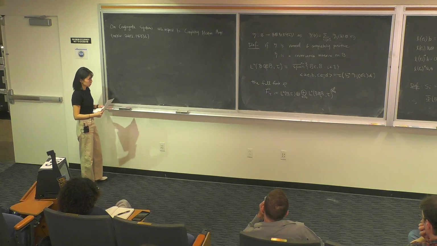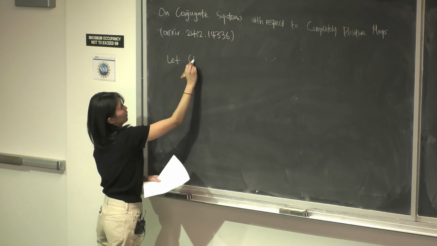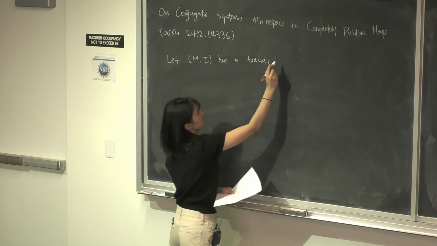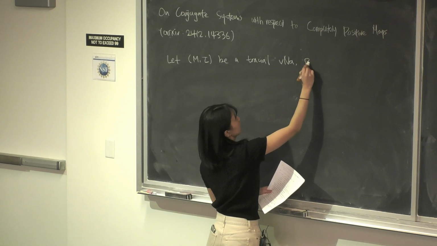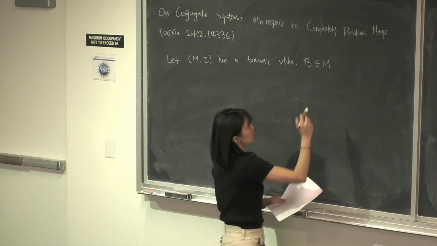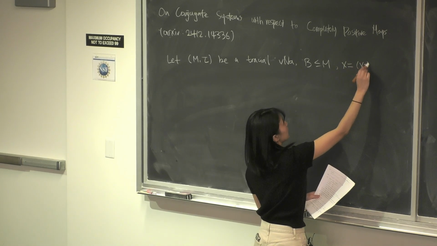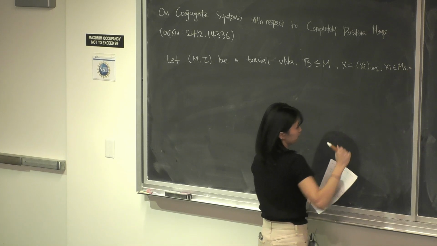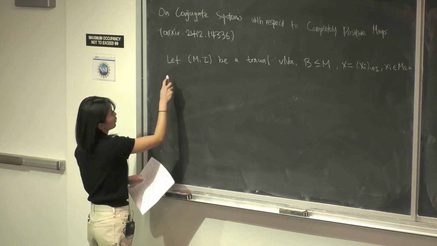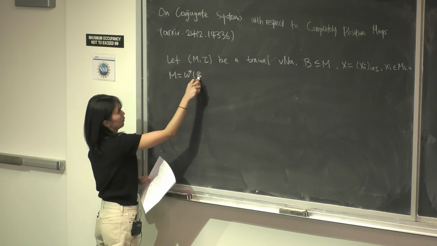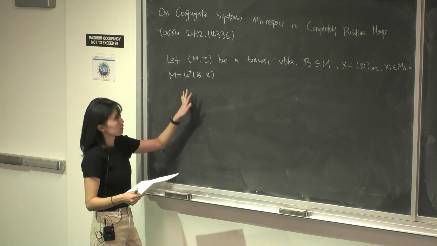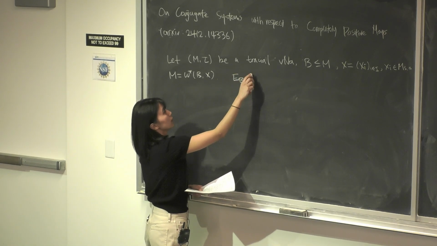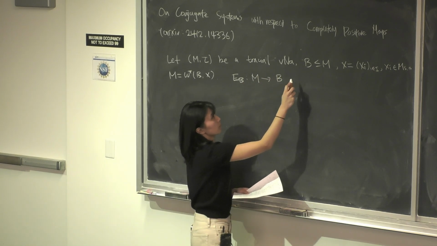Okay, let's define a new derivation. Let (M, tau) be a trivial polynomial algebra, and let B be a polynomial subalgebra, and X is a tuple of X_i's, where X_i are self-adjoint operators in M. And we assume M is generated by B and X. Then since it's trivial, there is a unique normal faithful conditional expectation E_B from M onto B that preserves tau.